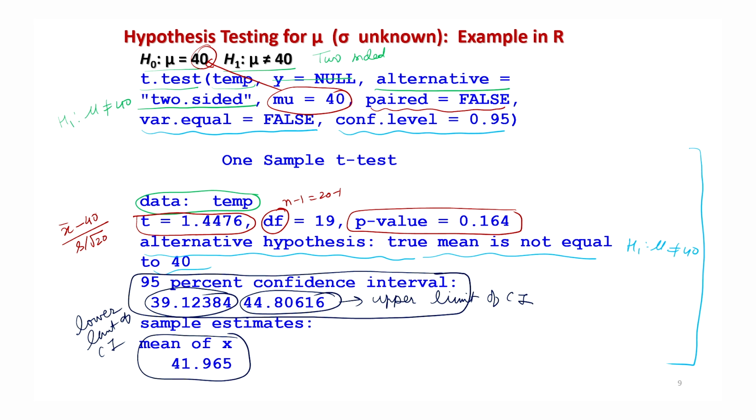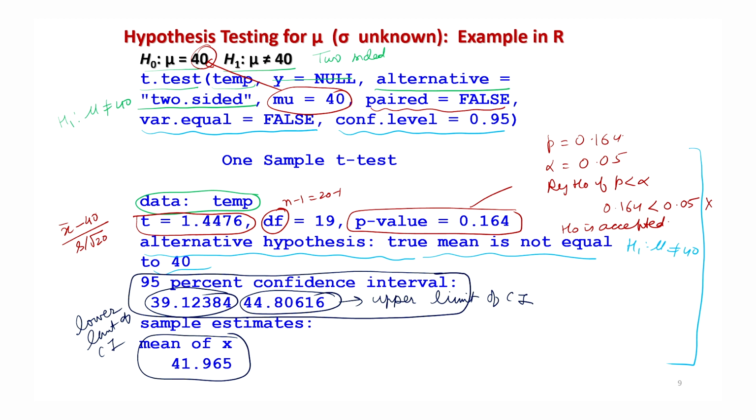Now you can see that if you want to take the proper decision, the p value here is 0.164 and alpha you have taken as 0.05. So the rule here is reject H naught if p is less than alpha. Now you can take a proper decision, because p is 0.164, and is it less than 0.05? No, this is not true. So that means H naught is accepted,